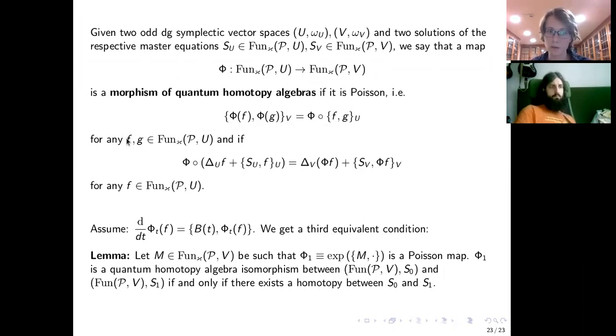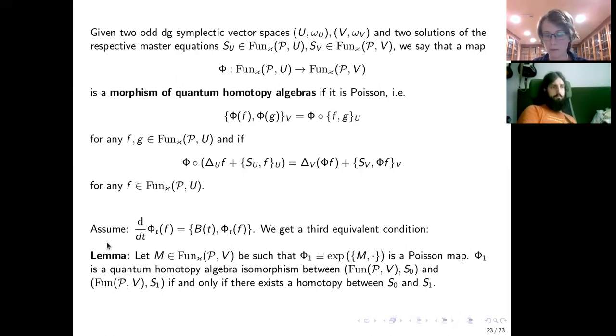And if we have two elements from one space, the U where we are starting, then this map should tell us that if we act by this morphism on delta plus S of f, then we get the right hand side of the equation. And then if we assume that there is a Hamiltonian flow given by this from the BT, where BT was given from the homotopy, then we get a third equivalent condition to